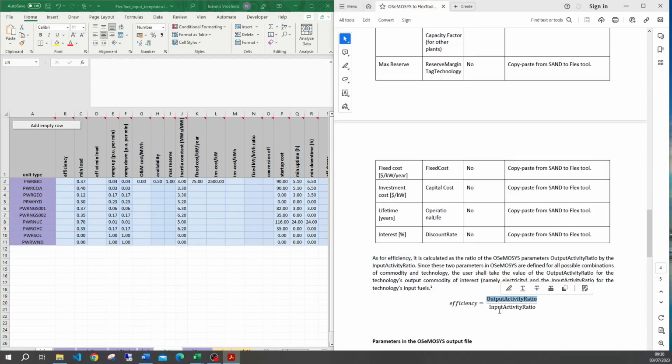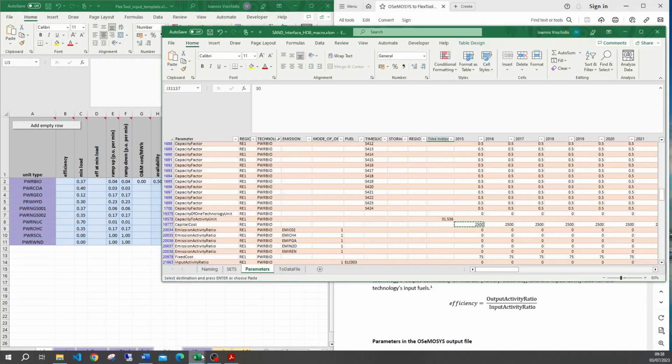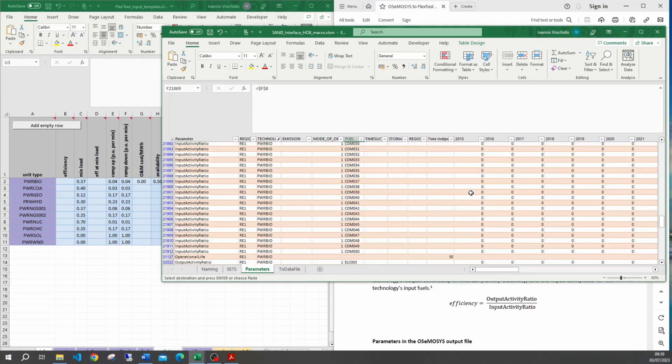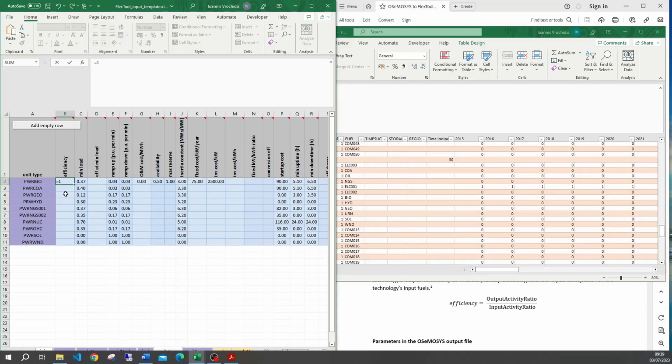We need to divide the output activity ratio of the unit in OSeMOSYS with the input activity ratio. Specifically, I will need to go and find the input activity ratio for this technology, and it is 2.86 for the bio commodity. This means that we have 2.86 units of this commodity as an input in the technology, and as an output we take right here 1 unit of the electricity technology. So the efficiency is 1 unit of electricity divided by 2.86 units of fuel, and we end up with this